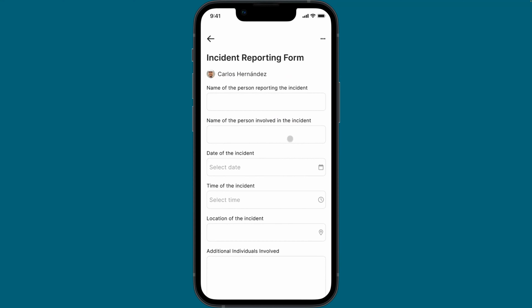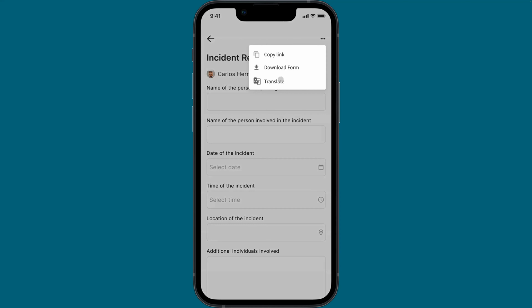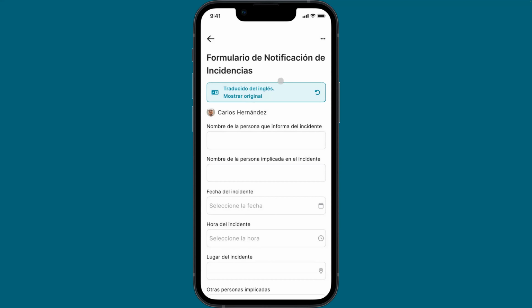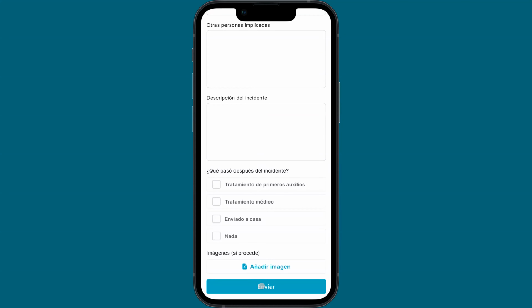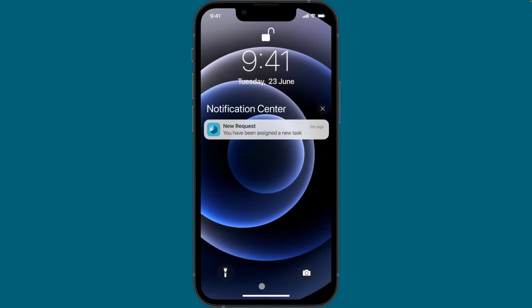But again, Carlos is not a native English speaker. So it really helps him that he's able to translate the entire form into Spanish. This makes it super easy for him to understand what he needs to fill out and where the information needs to go, especially because, again, it's more of a technical topic. And previously, Carlos had to sometimes ask his colleagues for help, and now Beekeeper helps him to do so automatically. So Carlos fills this out, and now we're going to switch to Alex, who, let's remember, is the maintenance